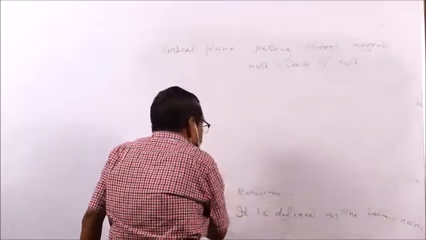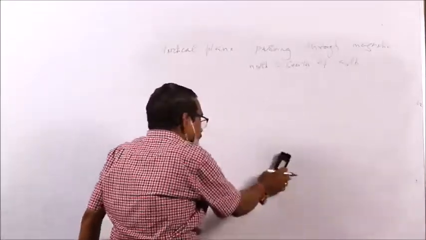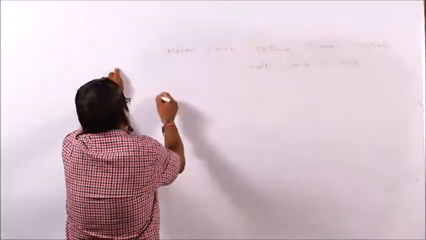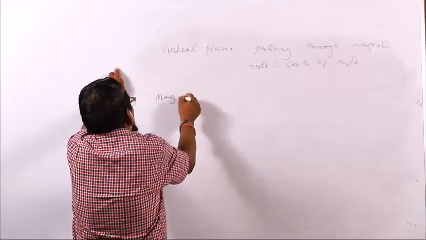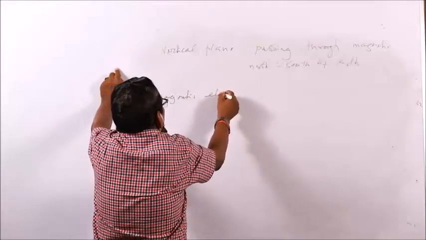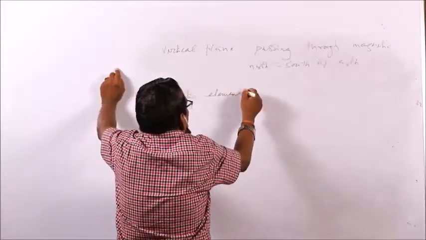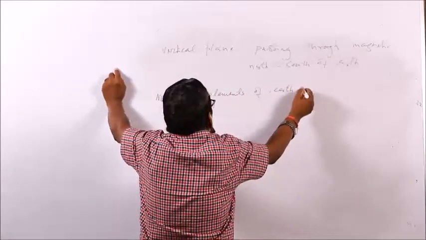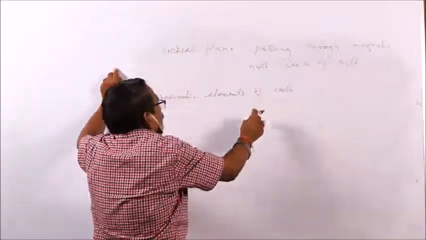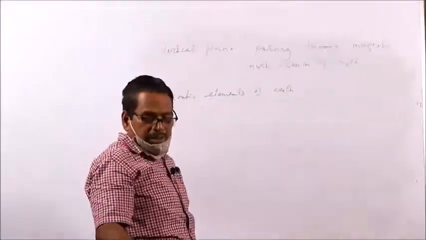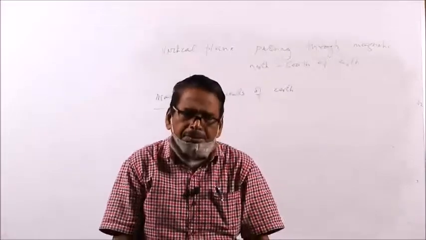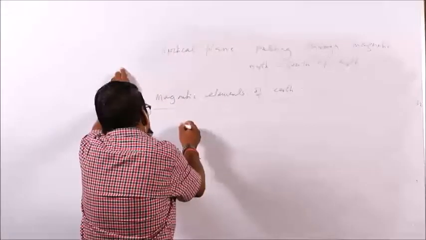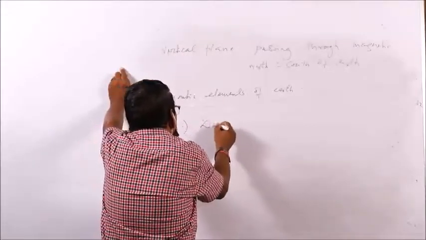Now we will go to the characteristics of earth magnetism, which are known as magnetic elements of Earth. They are very important. Earth magnetism is characterized by three characters which are called magnetic elements of Earth. The first characteristic is declination